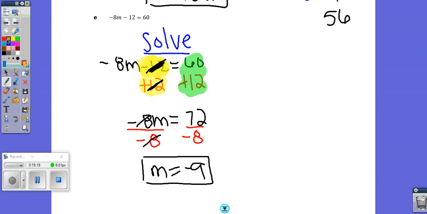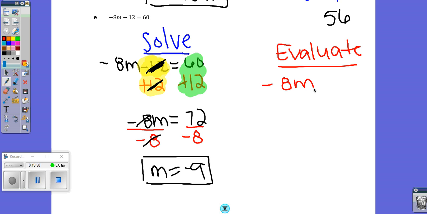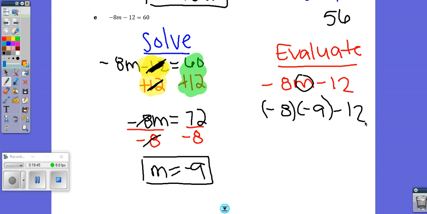All right, we're on the final step, which is evaluate. So negative 8 times m minus 12, that's my expression. So instead of m, we're going to replace that with the number. So negative 8 times negative 9. Please include those numbers in parentheses. So negative 8 times negative 9 is positive 72. And then copy down the rest of the problem, minus 12. 72 minus 12